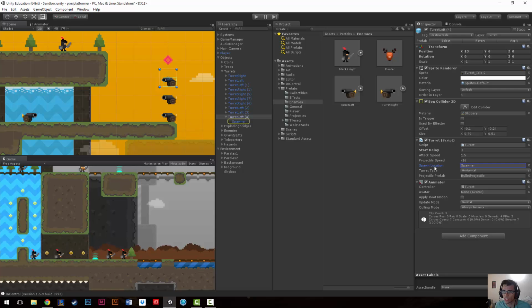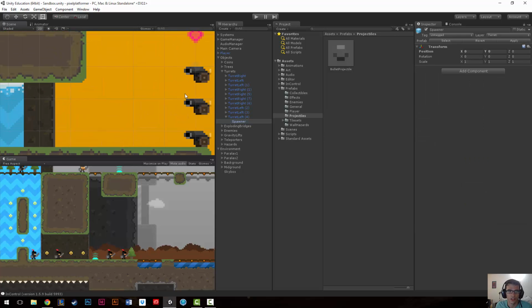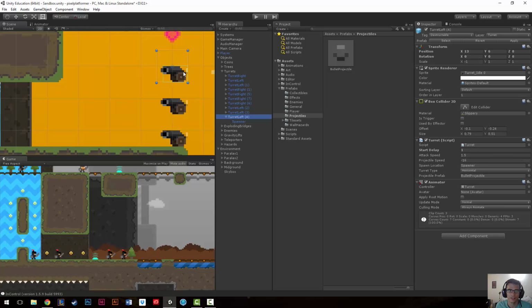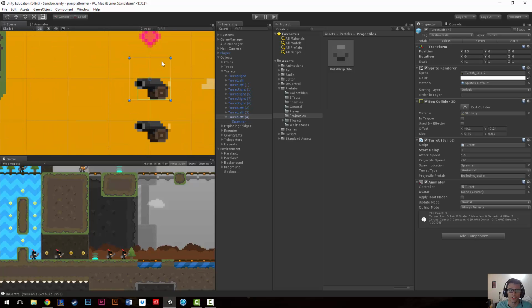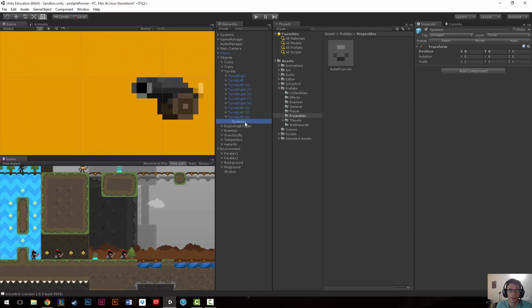So we also have a spawn location. What this is going to do is spawn our projectile prefab, which is our bullet, on our location, which is here. This is so that, notice the art file for the turret isn't directly centered. And if we just spawned the bullet at its normal location, it would spawn here and shoot, which was off center for our bullet hole, right? So we made the spawner, and